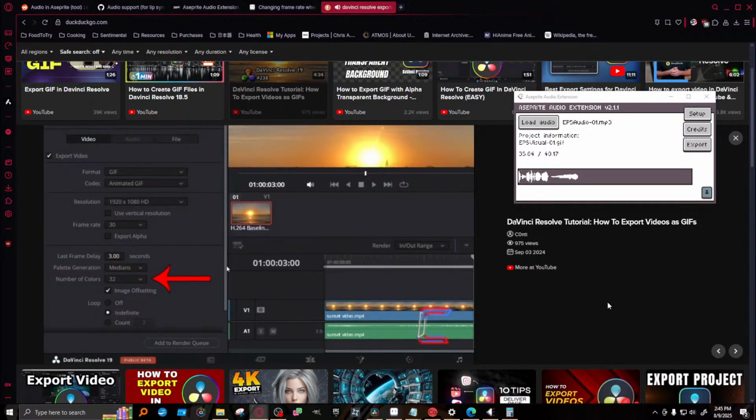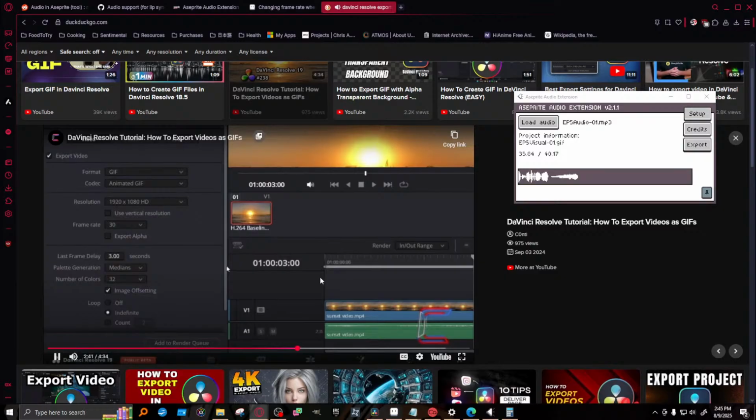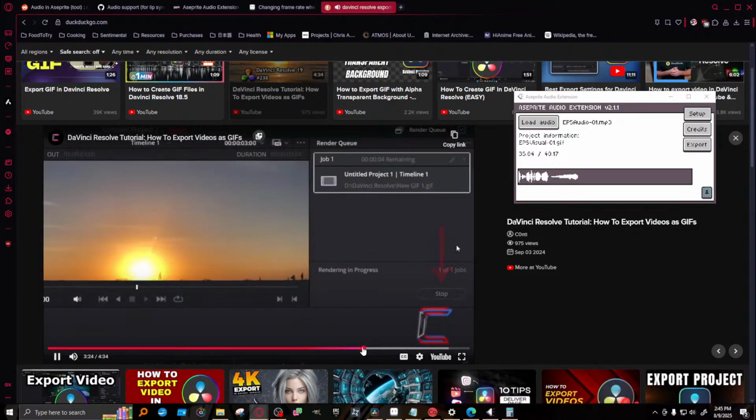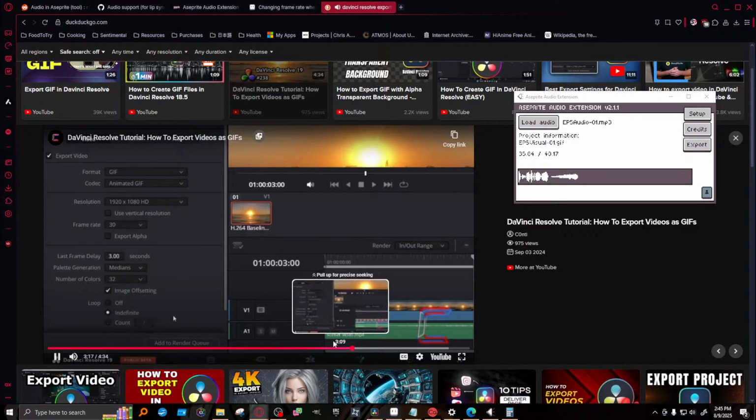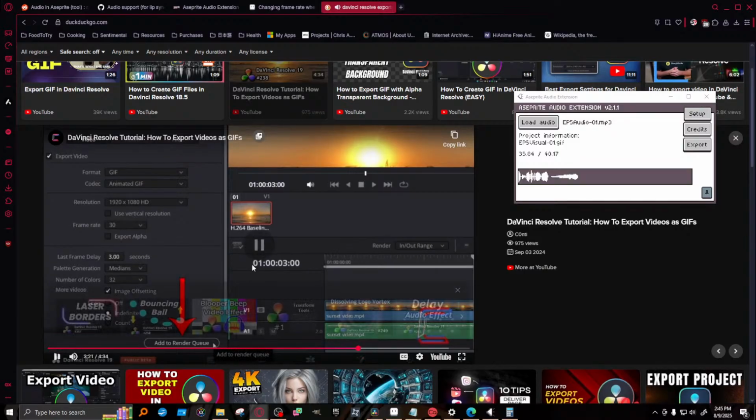Number of colours is basically the colour depth, representing the number of different possible colour shades that each pixel on your visual media can contain. The lower this value is, in this particular example, I will select 32. Then enter the number of times that you wish for the render to loop. In this example, I will select indefinite. Once you are done with your export settings, select